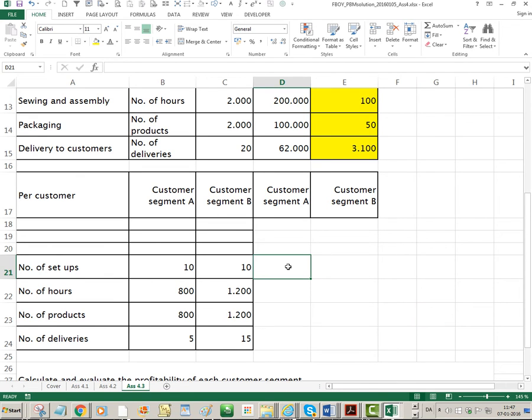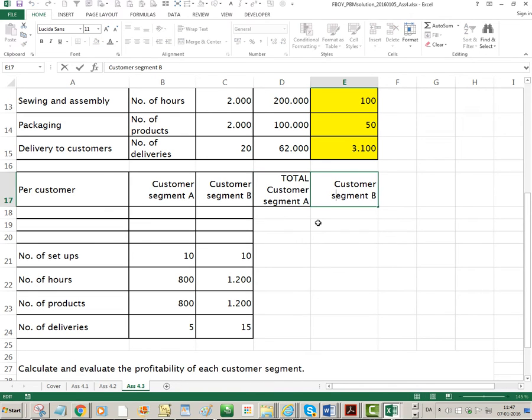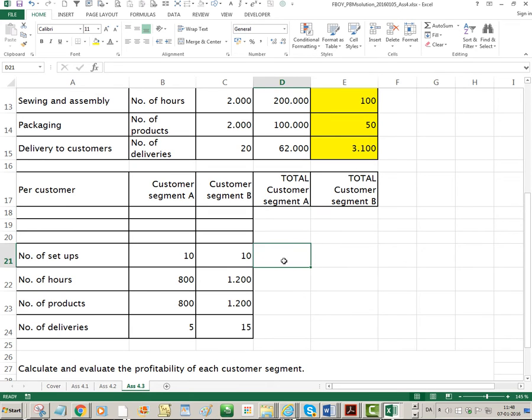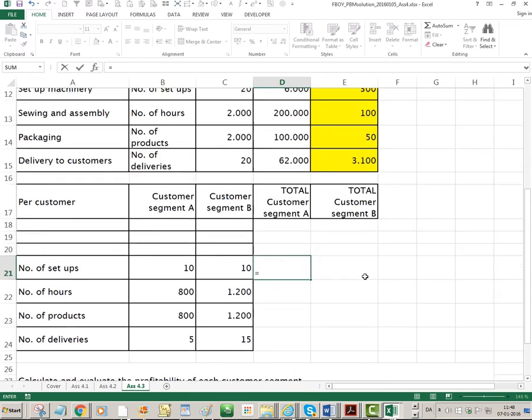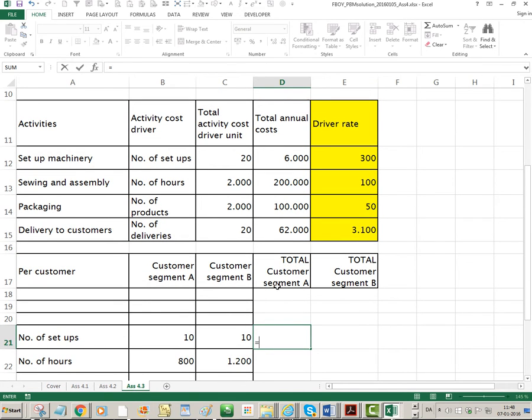okay, no, I think I'll start down here. Okay, number of setups. To emphasize this more, I could say this is the total for customer A, and this is the total for customer B. Yes. Okay, because then we could do things here. We could say, okay, on customer segment A, how much is spent on setups? Well, it is this figure here,